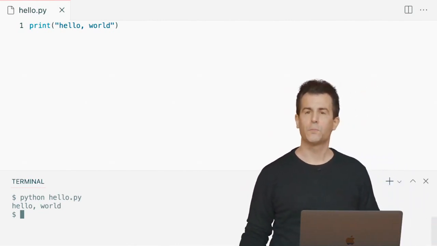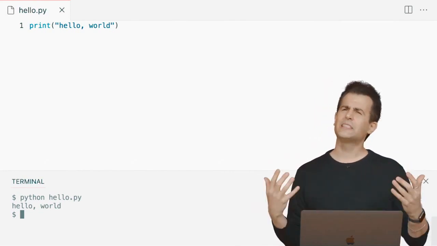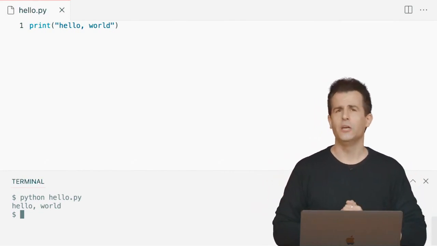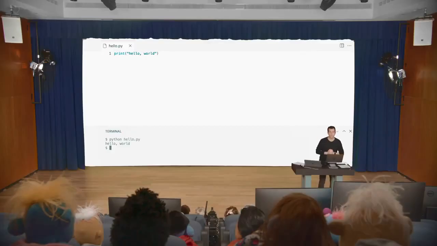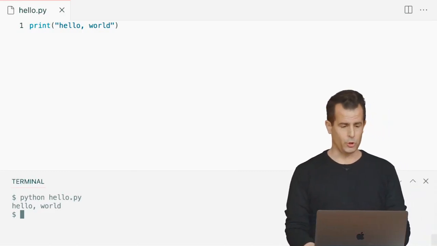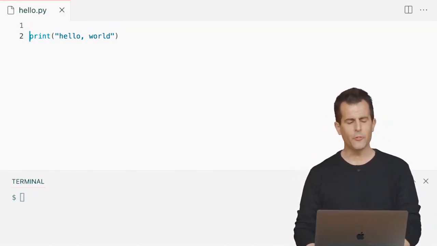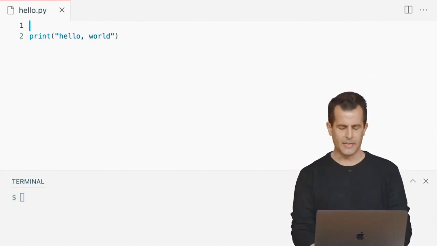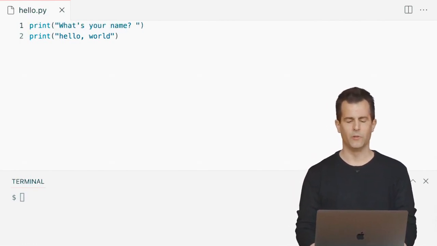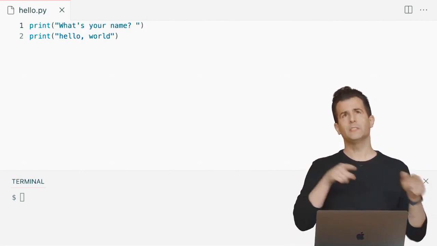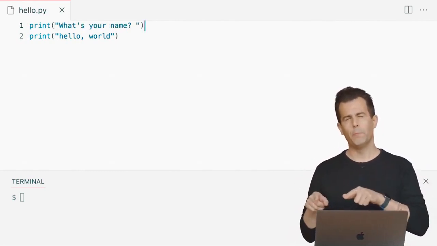Let's go about improving this program to make it a little more interactive and not just assume that everyone is going to want to be greeted more generically as hello world. Let's see if I can't get this program to say something like hello David, or hello Jeremiah, or hello Horatio, or whatever the actual user's name is. Well, to do this, I'm going to go back up to hello.py, and I'm going to add another line of code at the very top that simply says, for instance, "What's your name?" with an extra space at the end. So I'm printing to the user, asking them a question for some input,